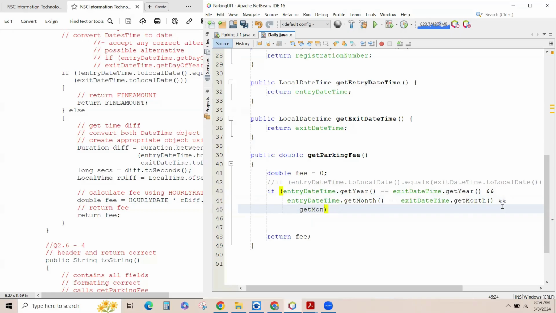I'll paste it again. Oops, not that. Let's copy that line again. Control C, Control V, and we'll say dot get day. And here, dot get day. Oh, there is no dot get day. Dot get day does not exist. So now what I'm going to do is